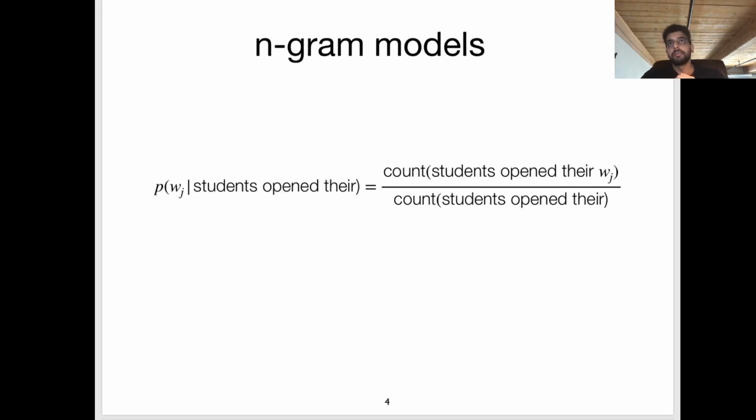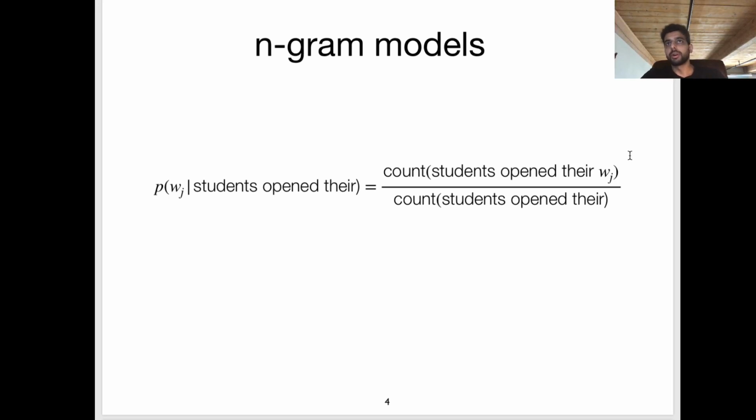Okay. And last time we looked at n-gram models, which are, again, very simple methods of estimating these conditional probabilities. In essence, you have a training data set of a bunch of text. And for any given prefix that occurs in that training data, you're going to count up first how many times that prefix occurs, and then how many times a particular word occurs after that prefix. So it's basically this count and then normalize style way of estimating these conditional probabilities. And this is an example of maximum likelihood estimation. So you're maximizing these probabilities on a training data set.